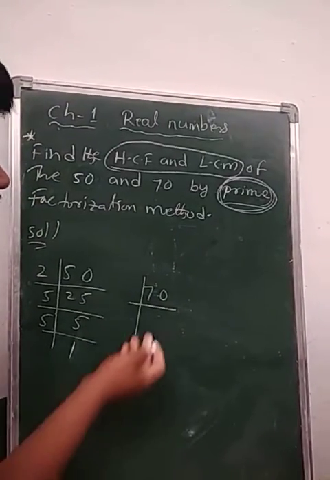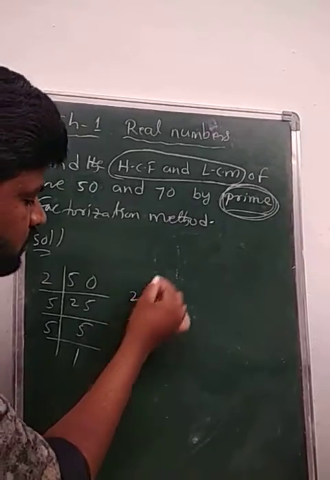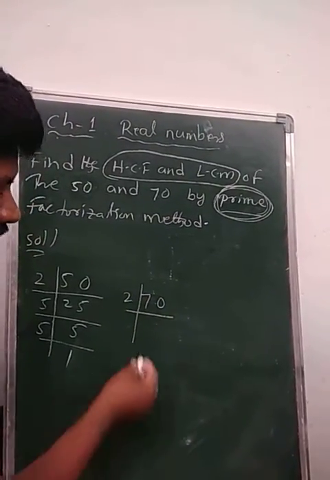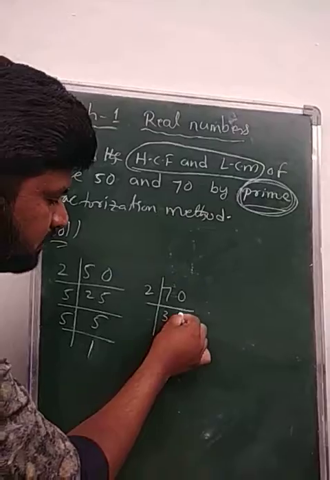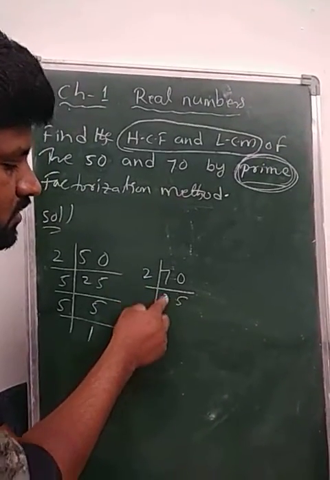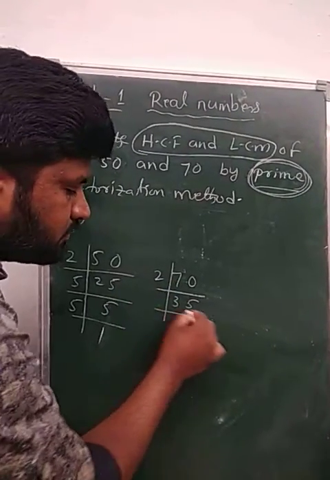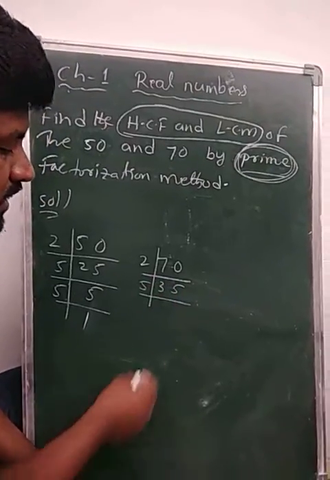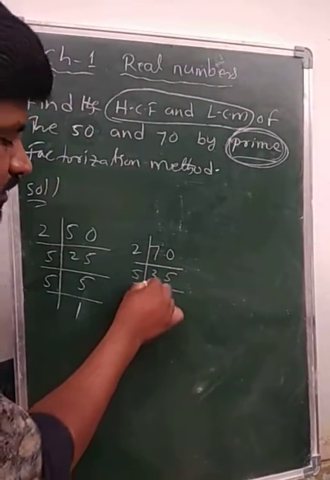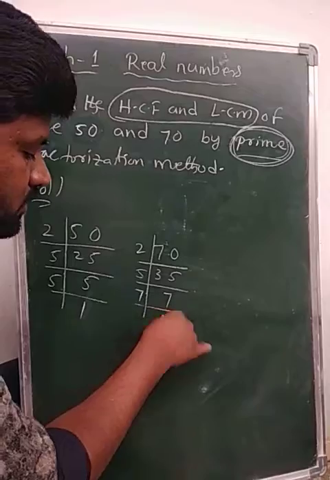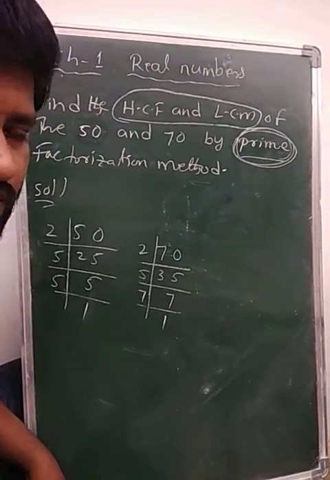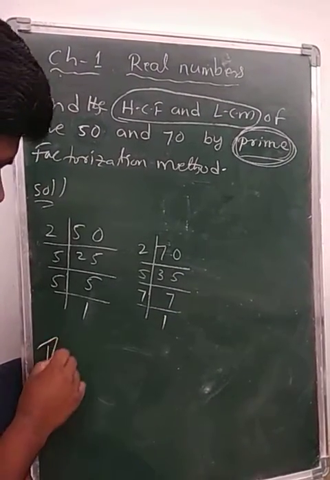See now, I'm using prime number 2 here. 2 fives are 10, 2 fives are 10, so 70... I'm using 5. 5 sevens are 35. 7 ones are 7. Thus,